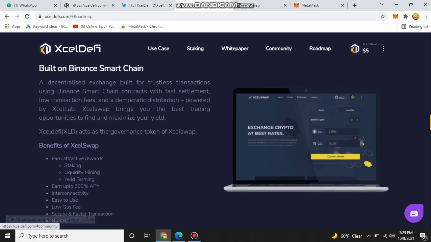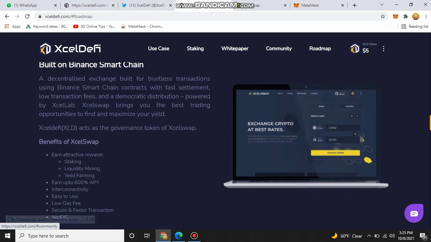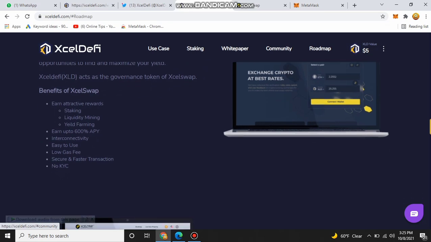You can also see the benefits of Excel Swap. You can earn attractive rewards. Staking, liquidity mining and yield farming are the benefits of Excel DeFi. You can earn up to 600% APY. It has interconnectivity and is easy to use. It has low gas fees, secure and faster transactions, and no KYC.